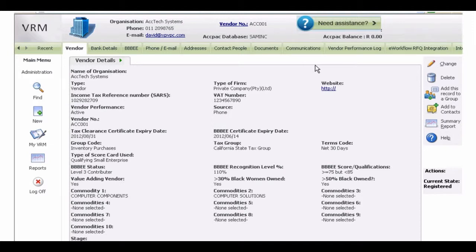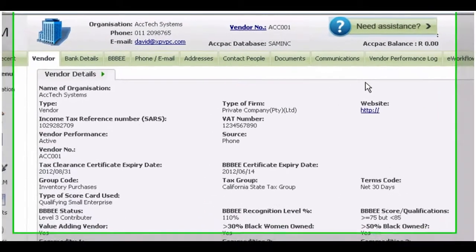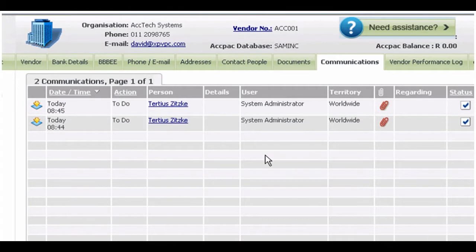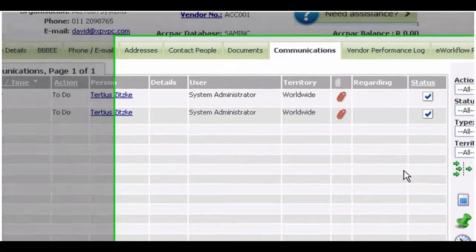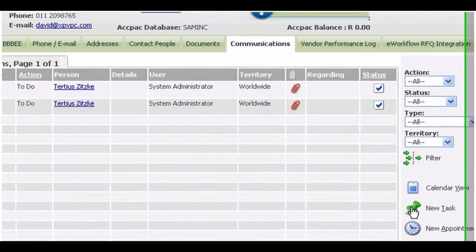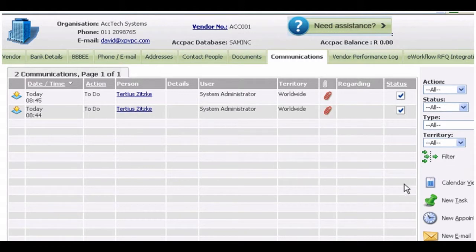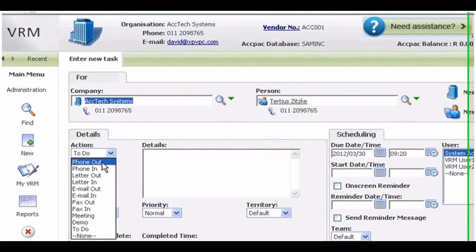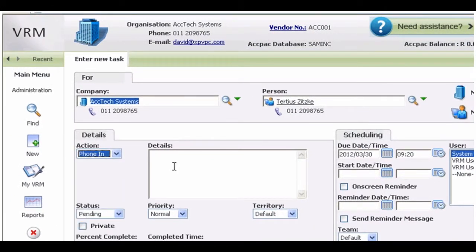From within the vendor, I can also maintain all aspects of communication and interaction with that vendor. If I click on the Communications tab, here I can record all tasks, appointments, emails and documents that are related to this specific vendor. For example, if I want to record a phone call to say that this vendor phoned with a payment inquiry, I can click New Task, choose the action as a phone call in or a phone call out, and then I can type in a note that the vendor called to complain about missing payment, and I can